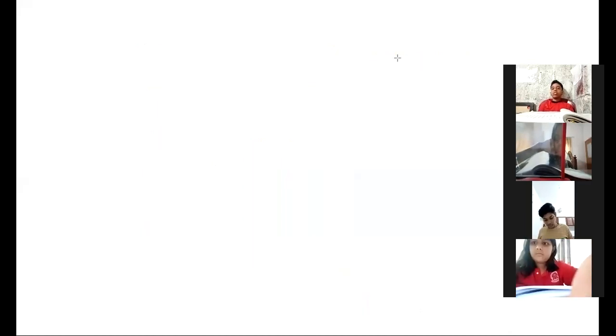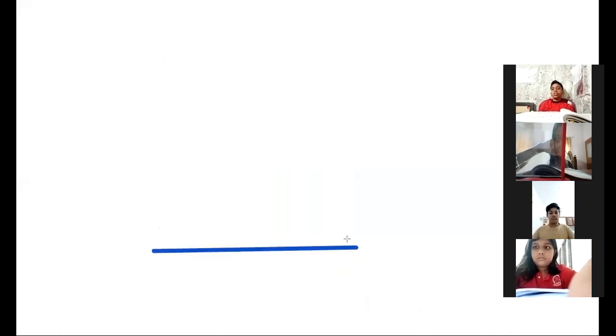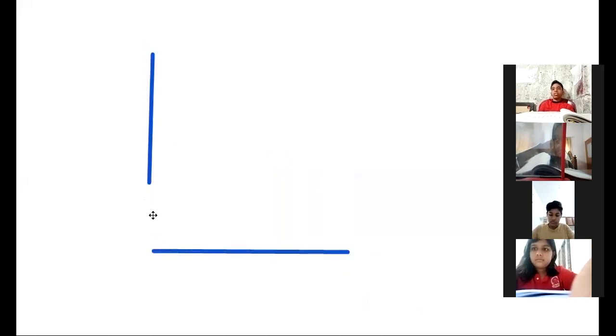How will you represent this data in a double bar graph? First of all, as usual, we have to draw a vertical axis and a horizontal axis. Which data do we have to represent on our horizontal axis? The names of the students. Then what about the vertical axis? It should be the marks. First of all, we have to represent the names here. That is Ashish,